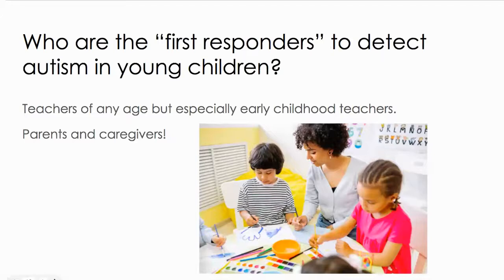When we think of who are the first responders to detect autism in young children, really teachers of any age, but especially those early childhood teachers, the teachers that teach daycare, childcare, preschool, even K-1, 2, for kids that are more high functioning, more or less in kinder and first, second grade. They may not have been detected yet, but it's really, really important for teachers to be able to identify and start to notice the signs of autism so we don't have kids slip through the cracks. And then again, parents and caregivers, you're number one for making sure that your child gets what they need